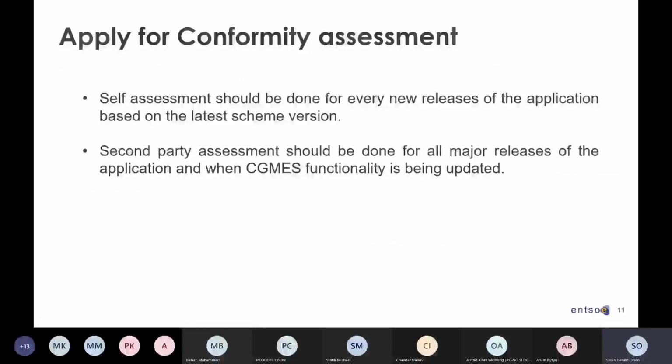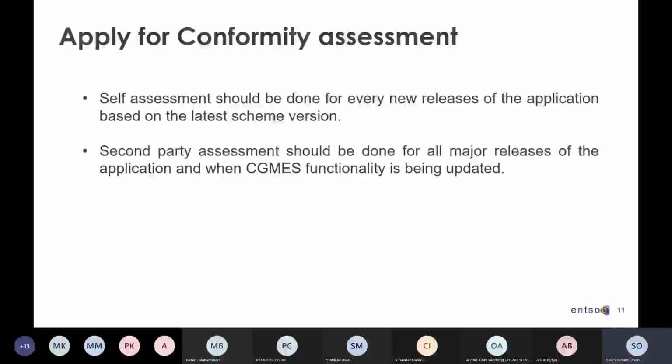Important here, it may not be extremely clearly stated in the framework, but our expectation is that all vendors are doing a self-assessment for every new release of the application based on the latest schema version.